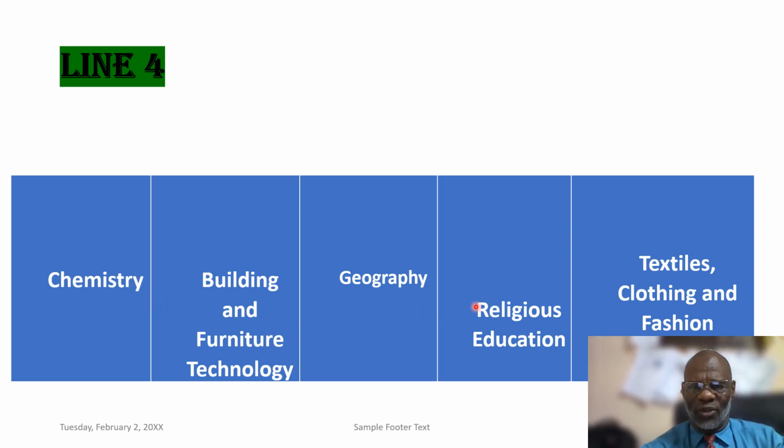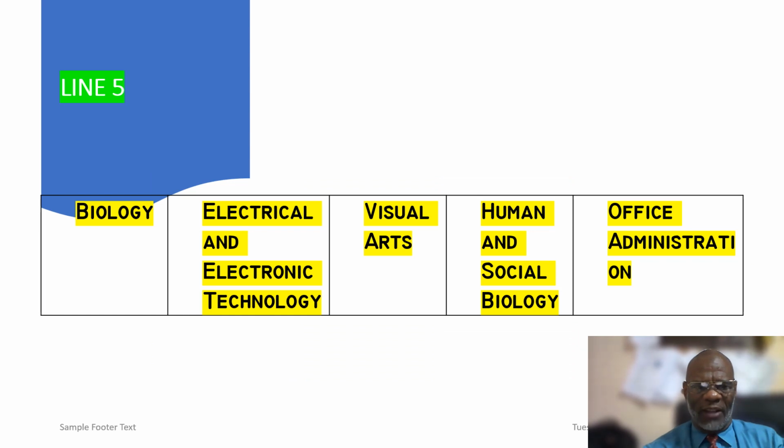Good. And so this option sheet that I'm using now is the one we used last school year for 2022-2023. Well, present school year, sorry. And so we want to do any editing as quickly as possible if needs be. So just let us know, let your guidance counselor know if there are subjects there that you feel you want to do and they both come in the same band. Because remember, you can only do one subject from each line. Right, then we have line 5.